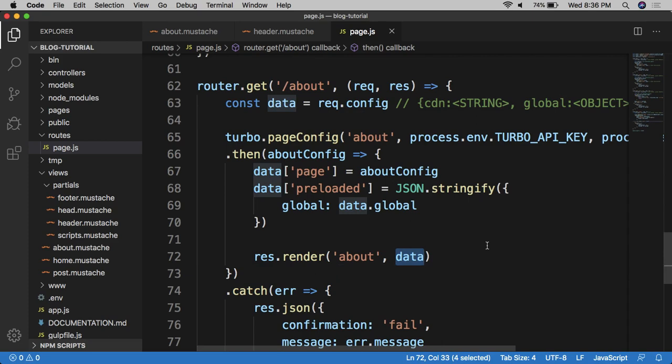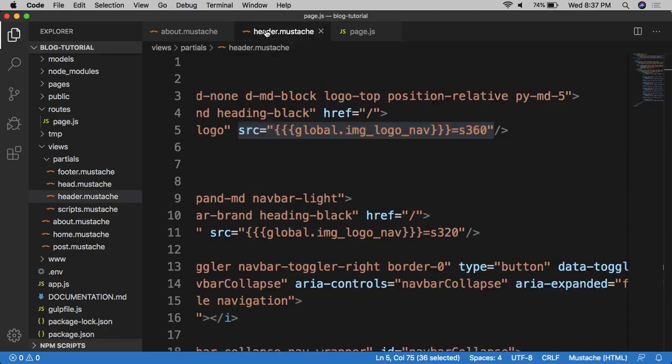Wait, can I see which data is being passed again? On line 72 right here, this data object. Okay, which is the same as line 63. So on line 63, that's where it comes from, and we're just passing it in on line 72. Inside that data object must be where that property exists. Okay, so if you look back at the header.mustache,